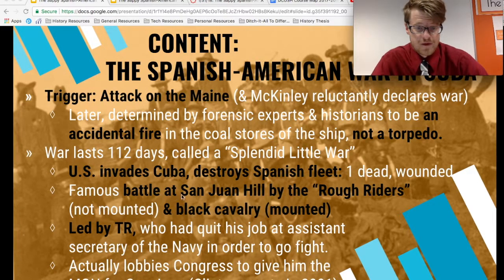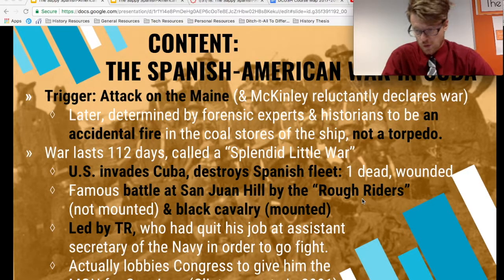There is a very famous battle, and I only bring this up because it involves a certain person: San Juan Hill, by the Rough Riders. The Rough Riders was basically a group of semi-mercenaries, semi-military individuals that were gathered together by a certain Teddy Roosevelt, the person who will become president. They ran up a hill, not rode, so Rough Riders is a bit of a misnomer, and it was also a whole bunch of Black cavalry, which really don't get mentioned. These guys had actually, in some cases, forgotten their horses, which was kind of a mistake. But anyways, it's led by TR.